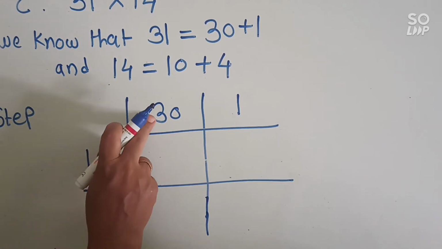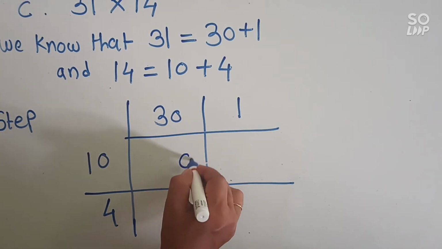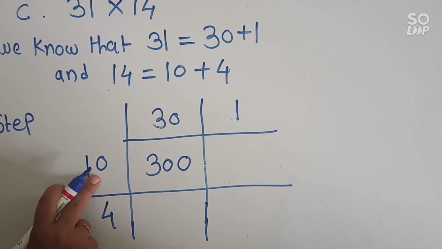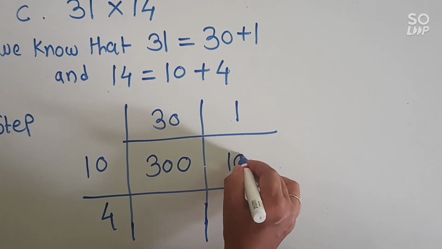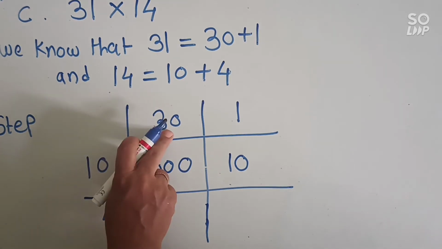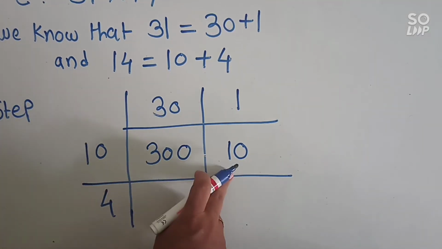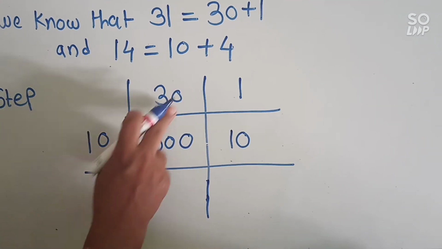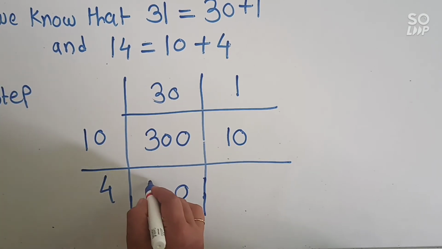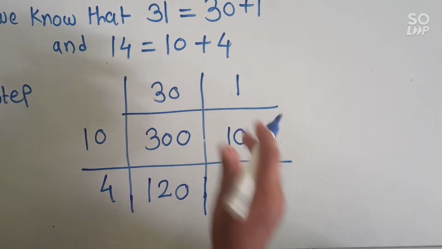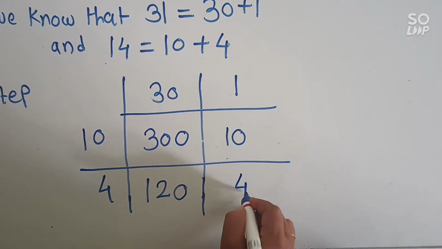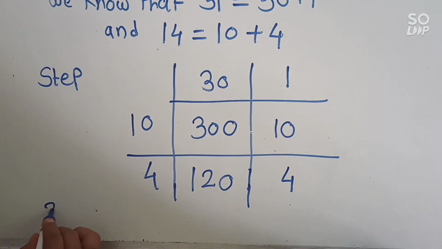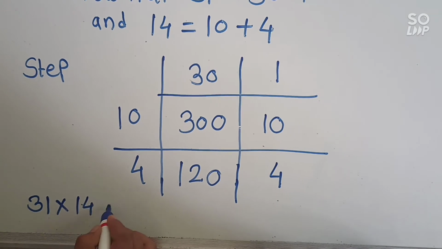Here 10 multiplied by 30, 10 zeros are 0 and 10 3s are 30, means 10 multiplied by 30 is equal to 300, then 10 1s are 10. Okay, this is multiplied by 10 with 30 and 1. Now with 4 multiplied by 30, 4 zeros are 0 and 4 3s are 12. Okay, and then 4 1s are 4. Okay children, means here 31 multiplied by 14 is equal to